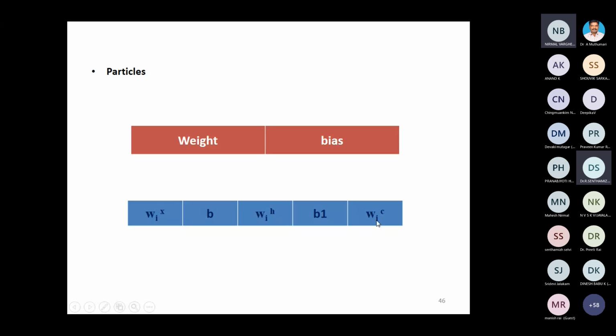And then this hidden layer, context layers. Okay, so weight with the bias here I'm considering as the particle, whereas in the GA I consider only the weight values, because weight values are the dominant values. So better I can choose it as the chromosome. Whereas here the particles are least preferred, so I included bias also. But the bias value is not an important value here. Here the weight values are very important. Bias is like supporting values. If I consider weight values as primary, I will take the bias as only secondary. Okay. So the combination of weight and bias, I keep as a particle.